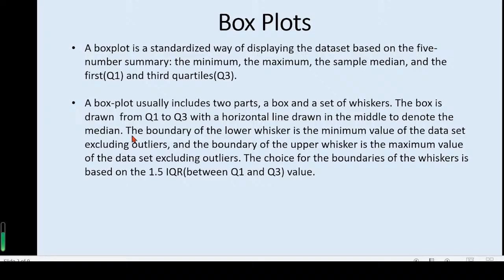The box is drawn from Q1 to Q3 with a horizontal line drawn in the middle to denote the median, and the boundary of the lower whisker is the minimum value of the dataset excluding outliers, and the boundary of the upper whisker is the maximum value of the dataset excluding outliers. The choice of the boundaries of the whisker is based on the 1.5 IQR, interquartile range,